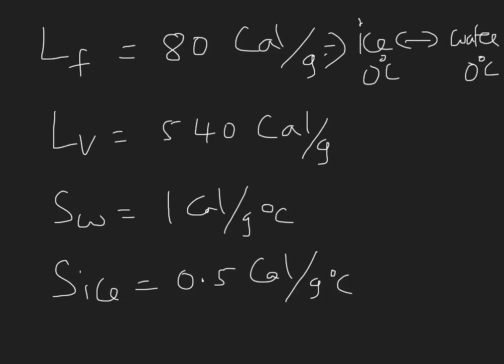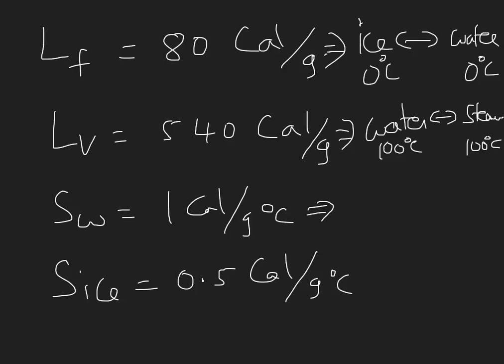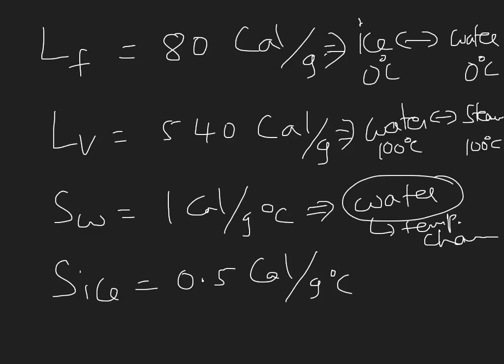So this is the situation where we use this formula. mLv we use for water at 100 degrees centigrade to steam at 100 degrees centigrade and vice versa. Again, specific heat of water: when we stay in the same state, that means when the water remains water and the temperature is changing, we use the specific heat of water value.